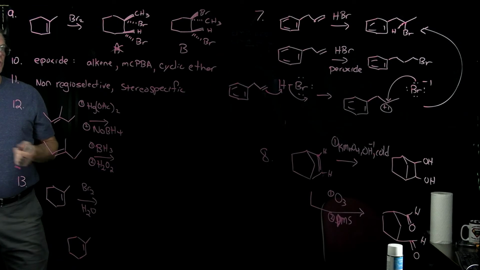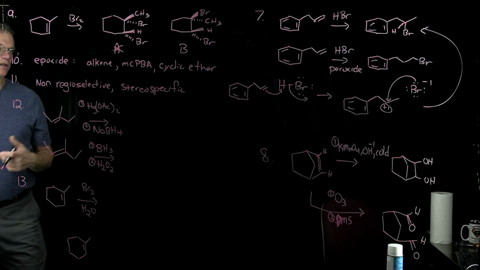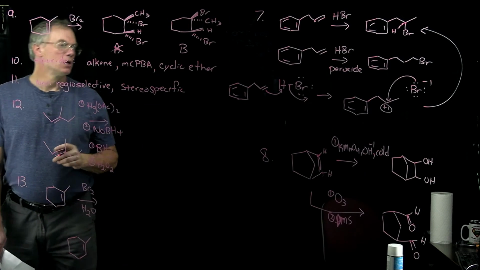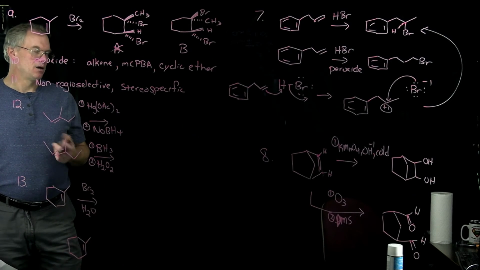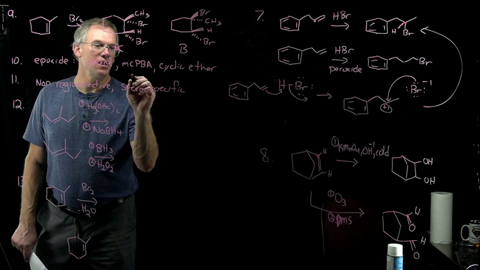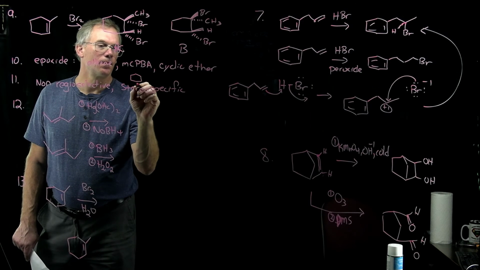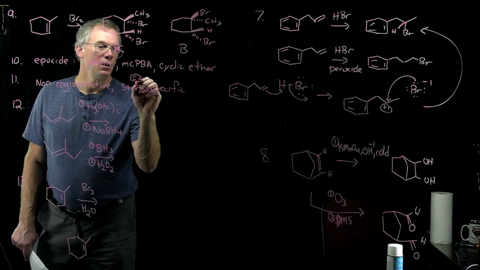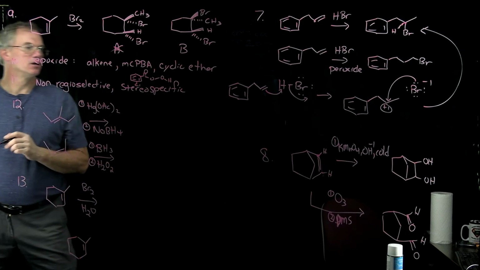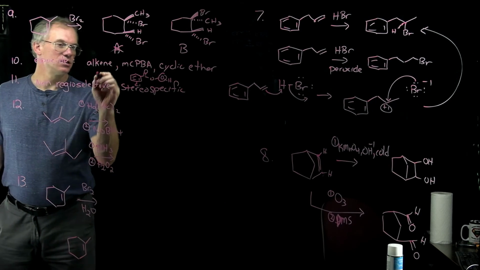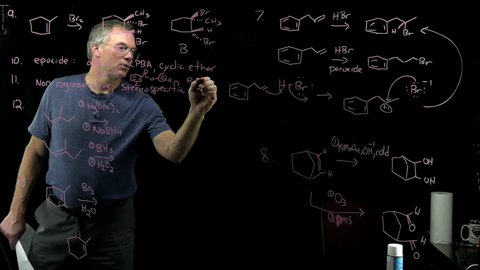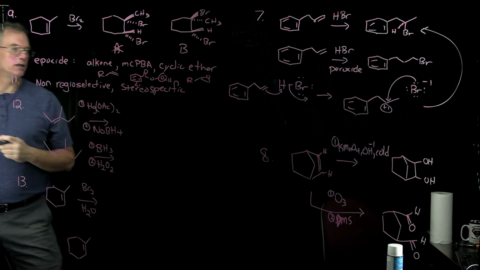At number 10, you're just asked about epoxidation and knowing that an epoxide forms when an alkene reacts with metachloroperbenzoic acid, and an epoxide is a cyclic ether. In MCPBA, metachloroperbenzoic acid, a peracid, it's this oxygen that gets inserted into the alkene, and it would make a triangular cyclic ether